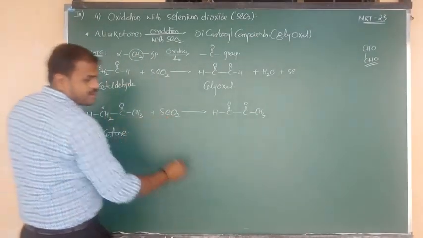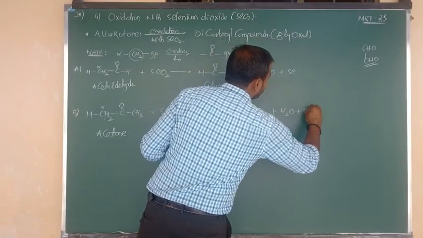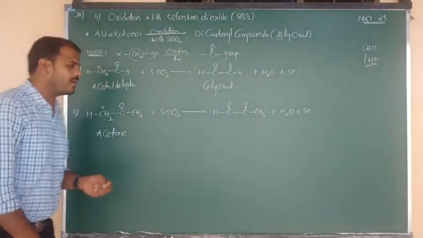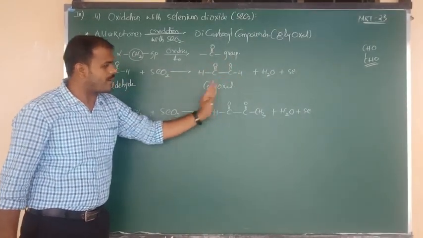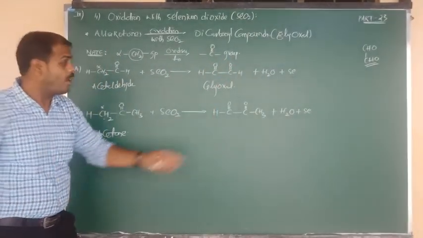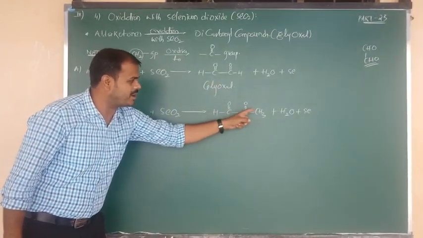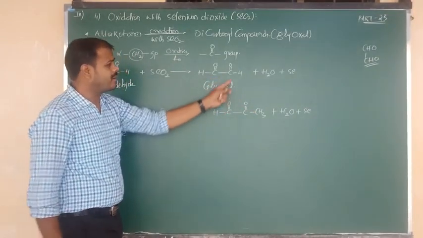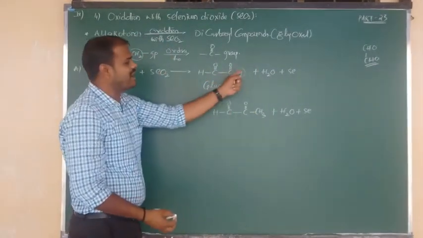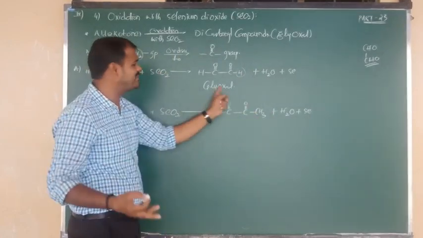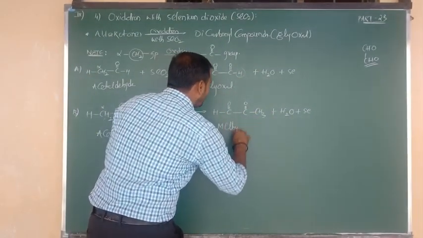Two hydrogens take one oxygen from selenium dioxide, removed in the form of a water molecule, and the remaining is nothing but elemental selenium. So what is the compound name? CHO bonded to CHO. The compound name is called glyoxal. What about this name? Same like CHO bonded to C double bond OH. Both are same beta, but in place of H here CH3 is there. So hydrogen is replaced by methyl. We can say methyl glyoxal. So the name of this product is called methyl glyoxal.